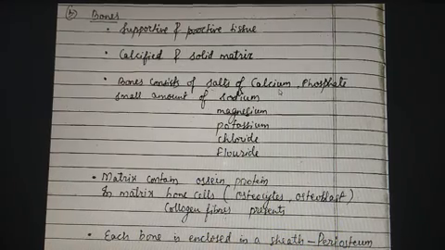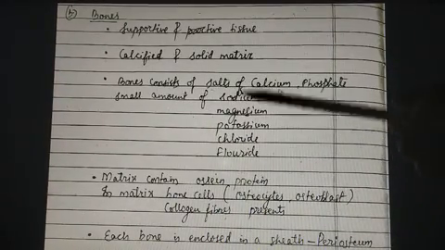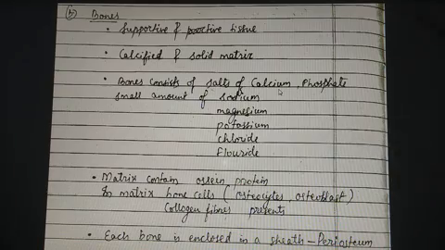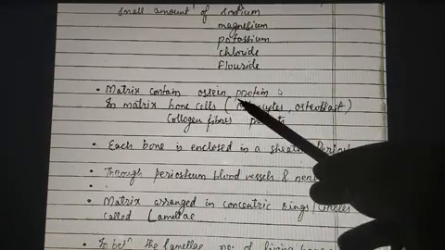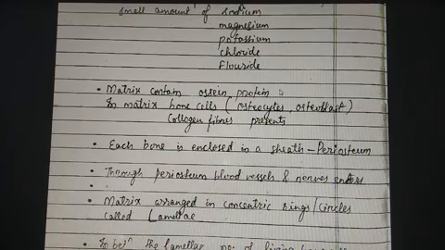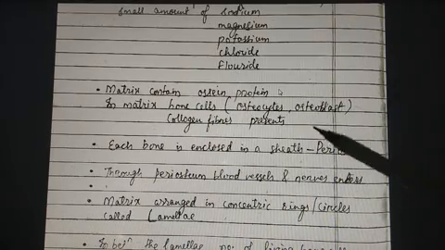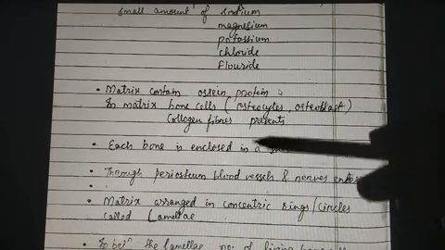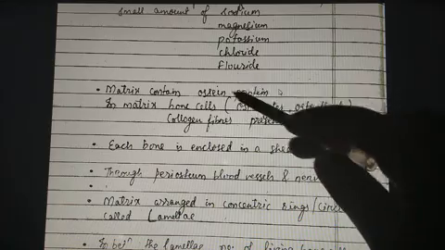The bones consist of salts of calcium and phosphate, as well as small amounts of sodium, magnesium, potassium, chloride, as well as fluoride. Clear? The matrix contains a protein called ossein protein. The matrix of cartilage contains a protein called chondrin protein. Chondrin protein is present in the matrix of cartilage, and ossein protein is present in the matrix